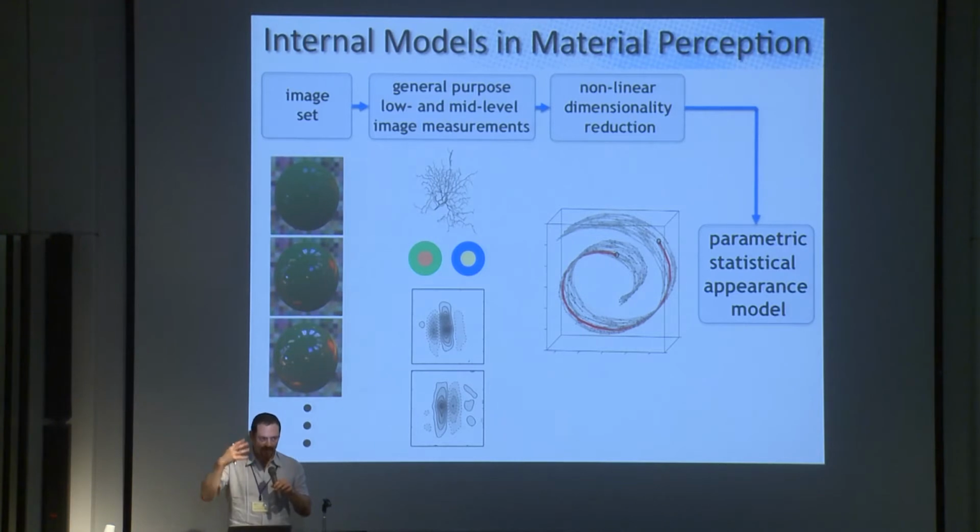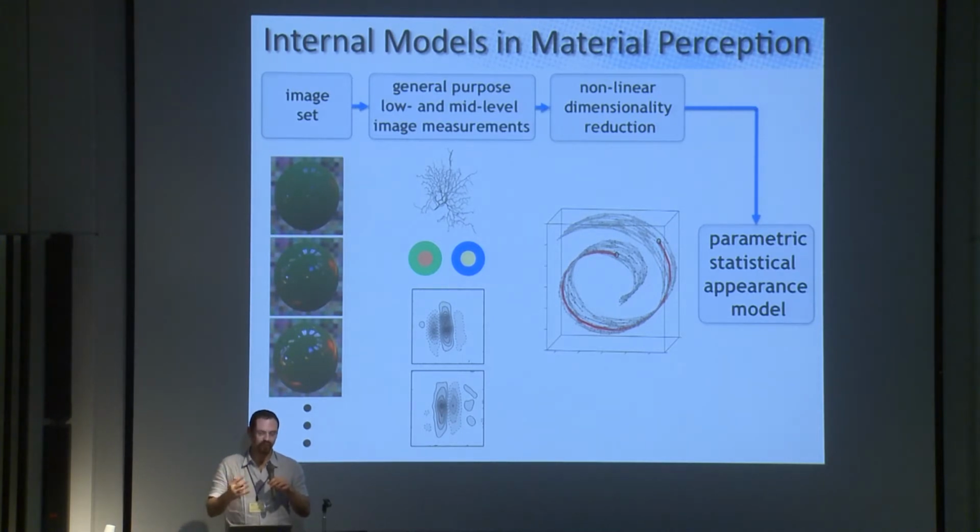So the kind of process model that I'm thinking of, if we wanted to build a kind of computer vision system, would go something along the lines of this. If you're given an image set, potentially a very small image set, right? Maybe even just a single image or only a few images. We have, after this, some general purpose low and mid-level image measurements, the kinds of things that everybody knows take place in V1, V2, so on. And then a key part of understanding materials or extracting the statistical model is some process of nonlinear dimensionality reduction, which allows you to find systematic statistical structure that relates samples to one another in this general purpose feature space